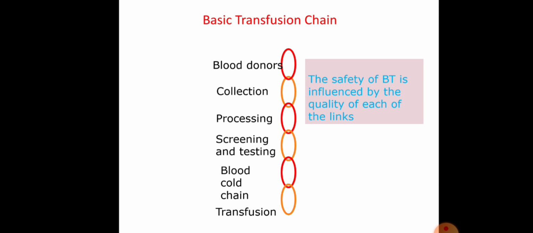Then the blood cold chain. They have different refrigerators, from minus 40 to minus 70 degrees, according to the blood components, to 2 to 8 degrees centigrade. This refrigerator will be there because the cold chain should be proper, else hemolysis will occur in the blood bank. And obviously the pre-transfusion should be proper. Even at the time of transfusion, proper precautions should be taken, and also during and after the transfusion.